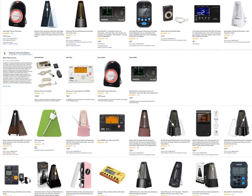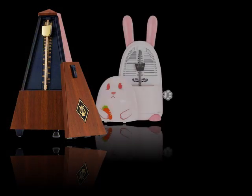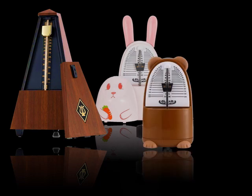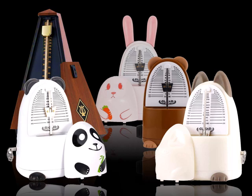Now, the reason I begin this lecture with the metronome is that it was instantly successful in the 1810s and made its inventor a rich man. Of course, the instrument is also still popular today. A search on Amazon yields dozens of metronomes with designs ranging from the classical to the cutesy. If you happen not to like pink rabbits, try the bear or the cat. As a last resort, choose the panda. And if even that doesn't work,